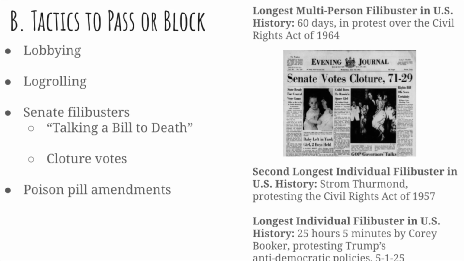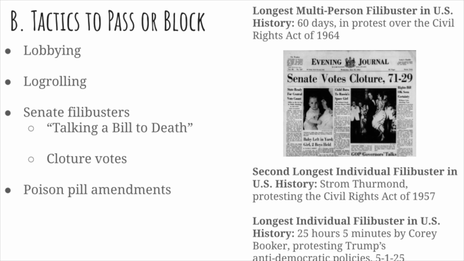Lobbying can be done by anybody. It has its historical origins in the fact that constituents used to meet representatives in the lobby of the House of Representatives after they got off the floor. As they're leaving the chamber, they would be greeted by people who wanted to bend their ear about something or try to influence them about a particular piece of legislation. So lobbying refers to literally in the lobby of the House of Representatives trying to influence a congressman to vote a particular way.